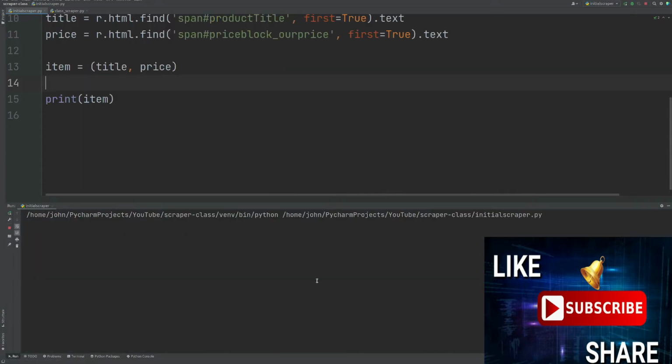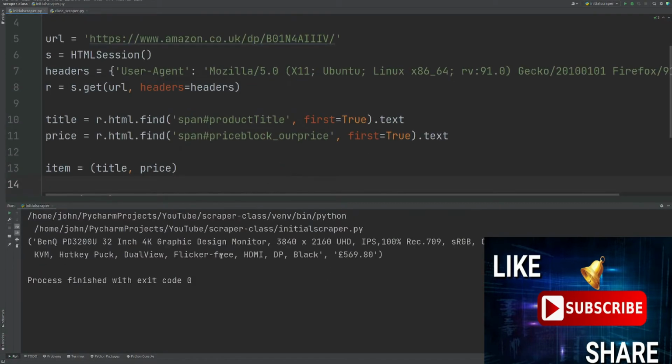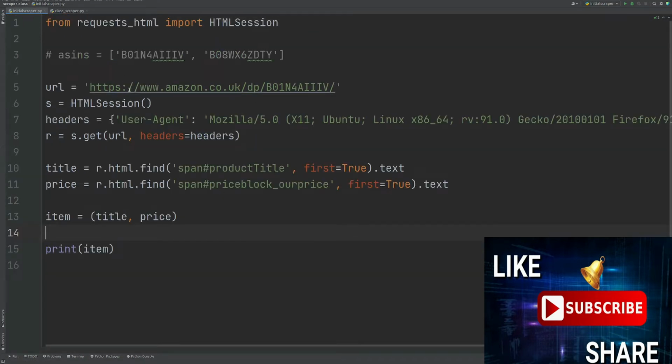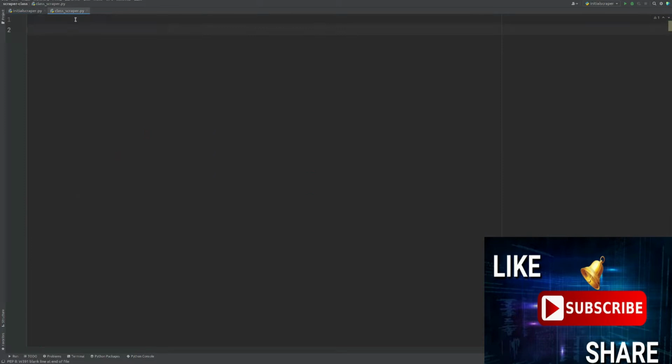So what I've got here is just a basic scraper, and if I run this, you'll see that we get some information back. You can see it all the way down here. There's the price and the name of this item. So what we want to do is create a class using this information that we can import into our project elsewhere. So I'm going to copy this into a new file,